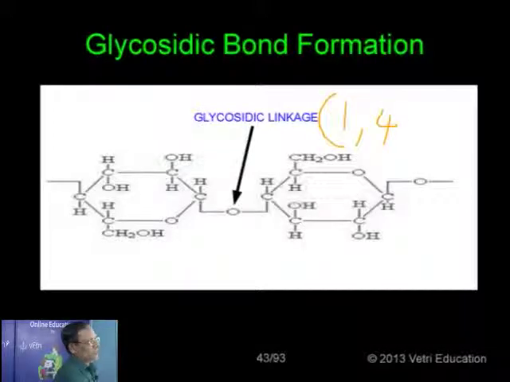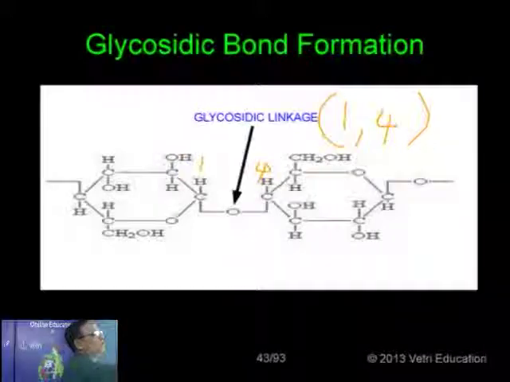Now this is the first carbon atom, this is the fourth carbon atom. The linkage is always formed between the first and fourth. If it is a side chain, it is formed between the first and the sixth carbon atom of the adjacent glucose molecule. So this is called 1,4 glycosidic linkage. Now the third one,